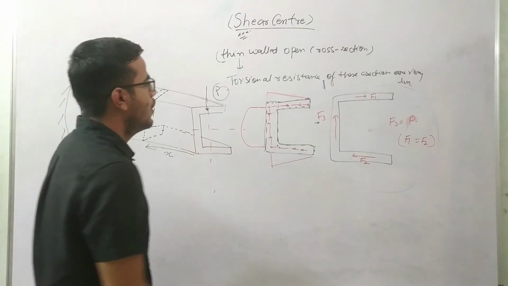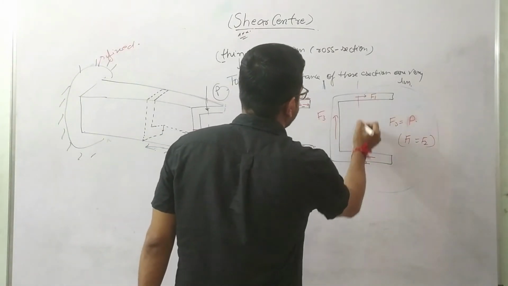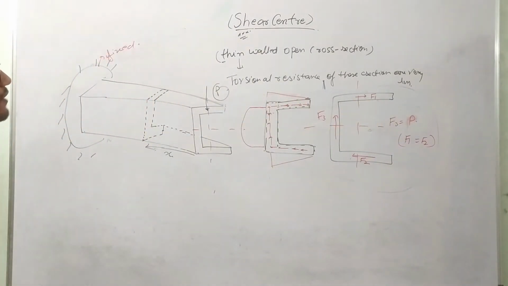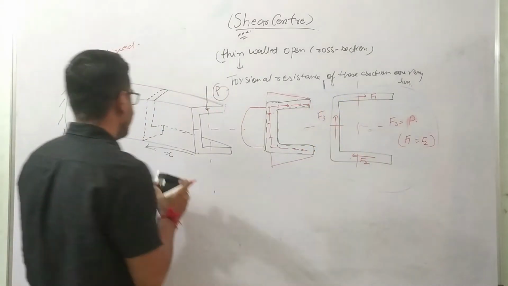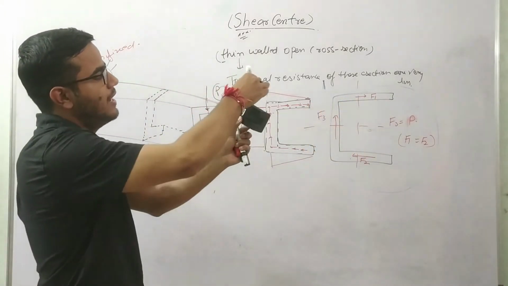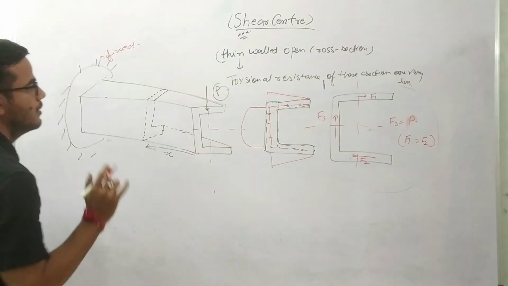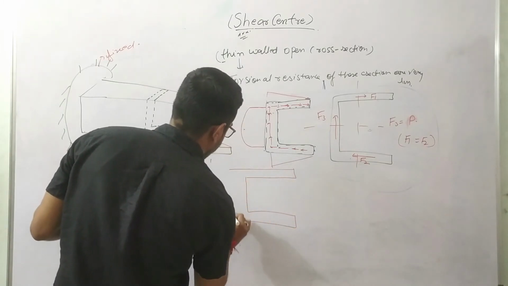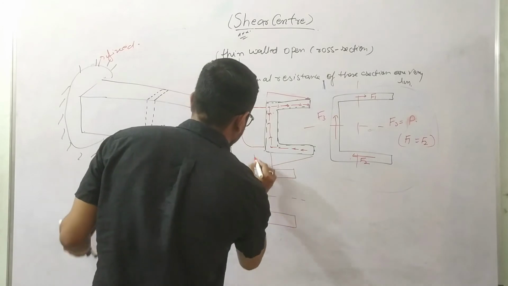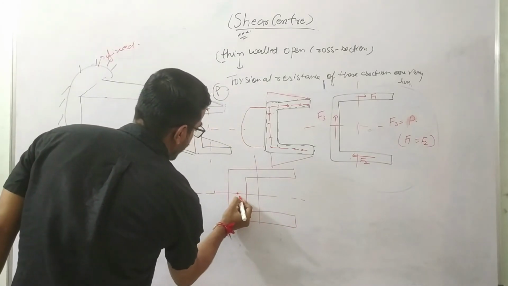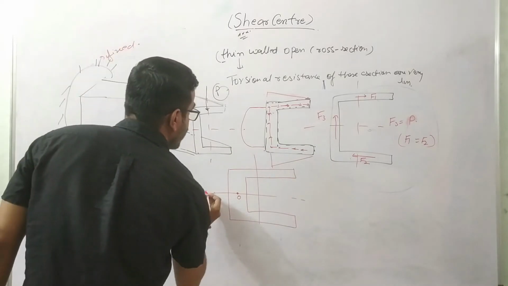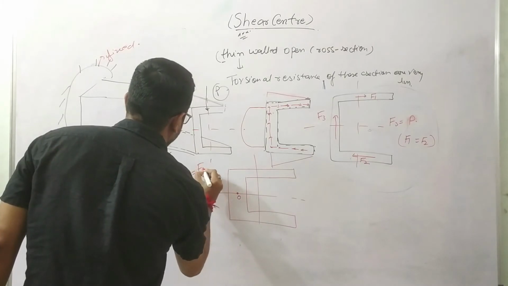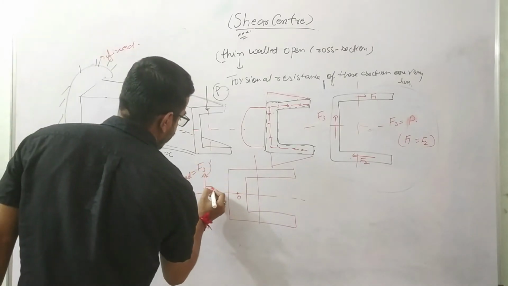And this is our principal centroidal axis. If I want to draw the resultant of this force system at this cross section, this is our P load, and the resultant force system will look like this. This is our principal centroidal axis, and let us suppose this is point O. The resultant force F resultant will be equal to F3, and it is acting at a distance of some, let us suppose, E distance.